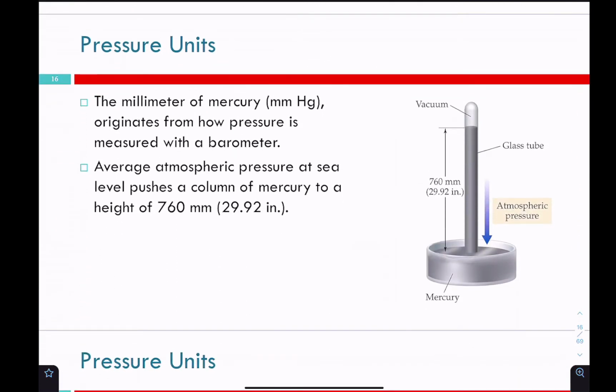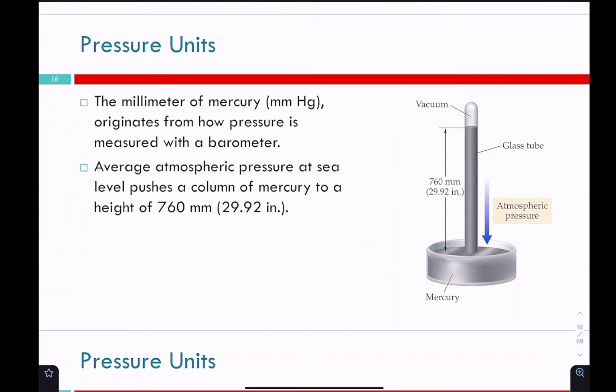Another unit that's been used historically, because it's a convenient way to measure atmospheric pressure, is millimeters of mercury. For millimeters of mercury, and we actually have these in the lab, they have a glass tube that's open on the bottom end, but they fill it completely with mercury, and then they stick the end in a bath of mercury. And when you turn it over, the mercury drops, but it drops to the point where it's a perfect vacuum, and the rest of the mercury is held up